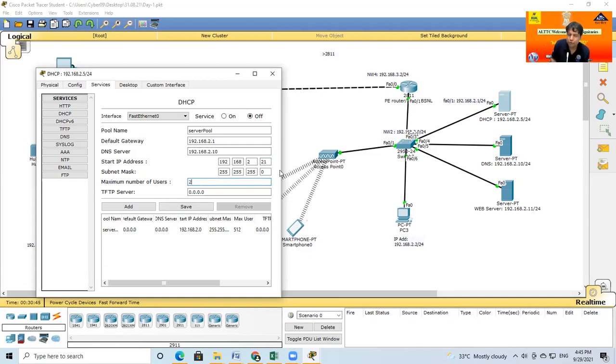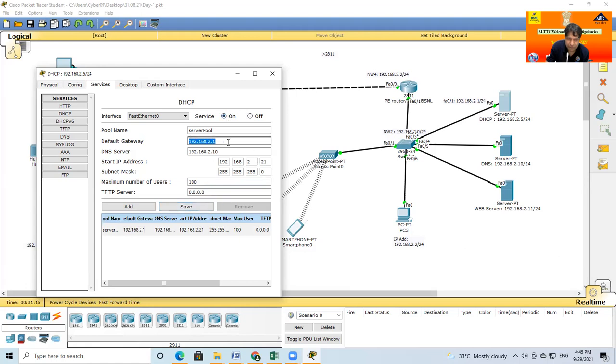If you want only two, suppose in Wi-Fi making a DHCP server, you set the maximum number of users to only two. So from your home Wi-Fi only two users may be connected. It is in your hand. If you write nothing here, by default the remaining range will be taken. So I just write 100. Okay, now save, and finally turn the service on, and save again.